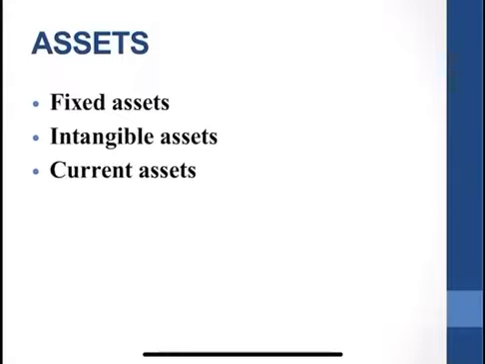Then we have the current assets. Those assets which are convertible into cash through the normal course of business within a short time, ordinarily a year. For example, cash in hand, cash at bank, trade debtors, bills receivable, inventory, etc. Fictitious assets are assets which are not represented by any tangible possession or property. These are really items of expenditure and losses of an unusual nature, which could not be written off. Examples are preliminary expenses, research and development expenditure, heavy advertisement expenditure, debit balance of profit and loss account.